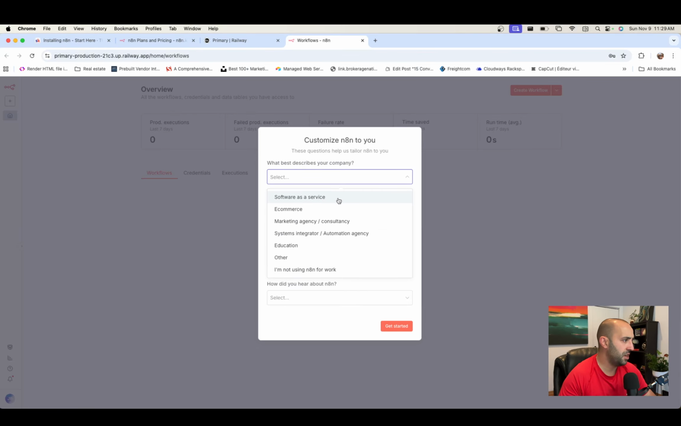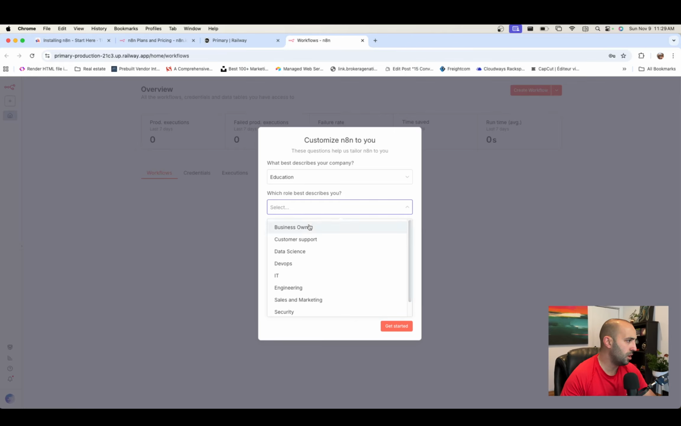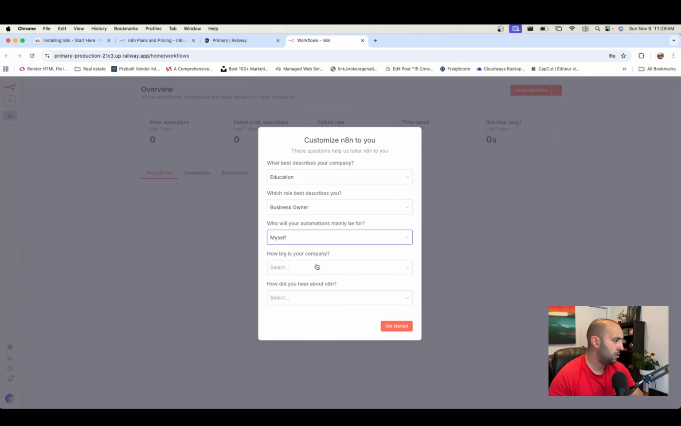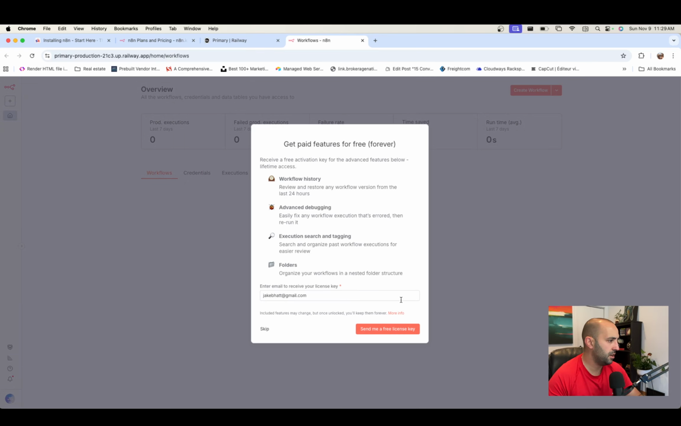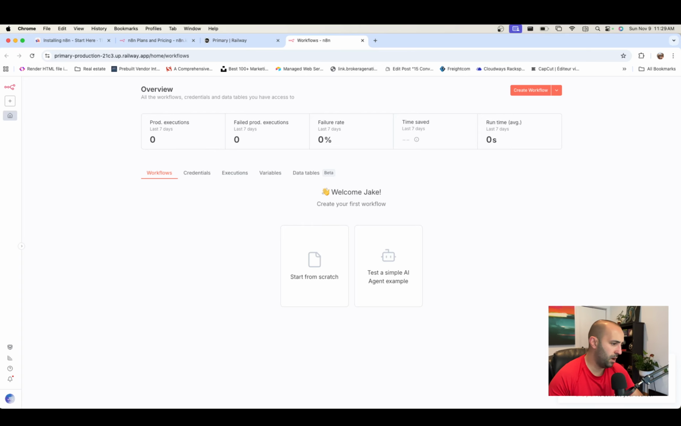And then just fill this out. It really doesn't matter what you select at all. Just fill all these fields out, get started, and then obviously send yourself a free license key. You get paid features for free, so go ahead, send that. And then my face is blocking it, but there will be a little notification bottom right. Click on the link there,